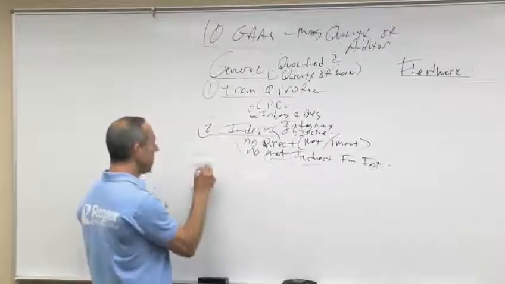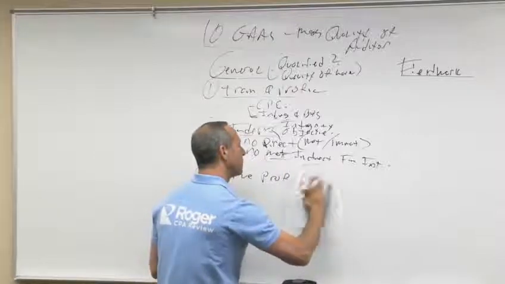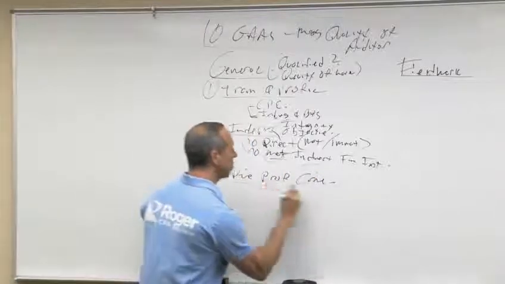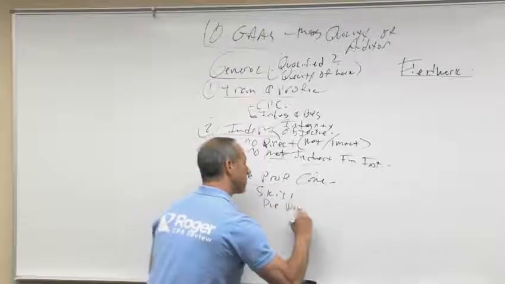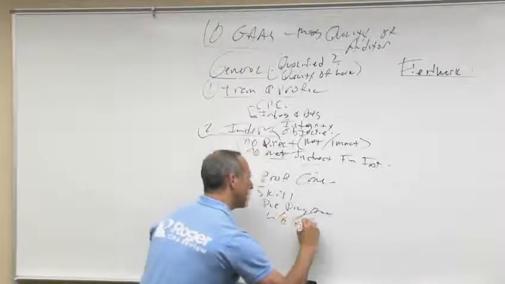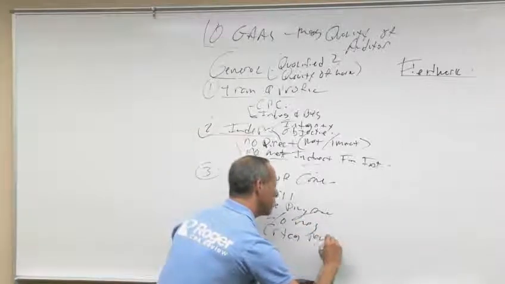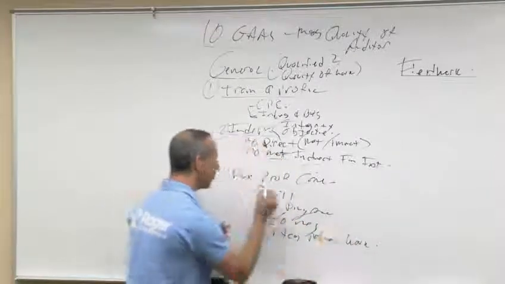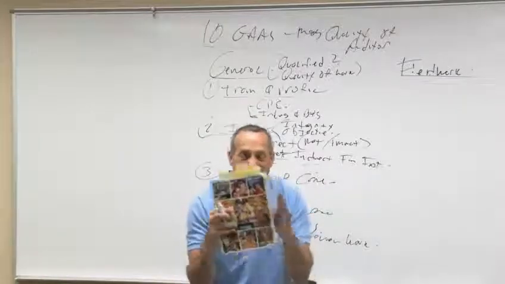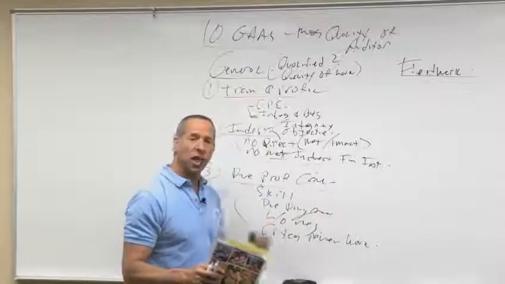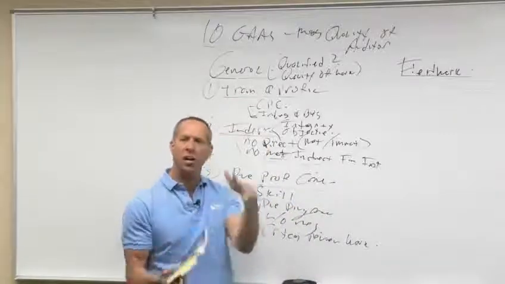The third one says, hey, you need to act with due professional care. Due professional care means you're acting with skill, with due diligence, without negligence, with a critical review of the work done at every level. So when I'm out there doing an audit, I need to be able to act with due professional care, with skill, due diligence, without negligence, and a critical review of the work done at every level.